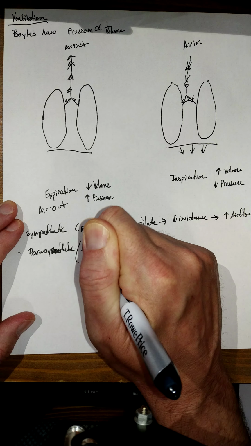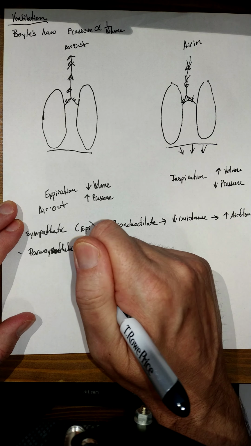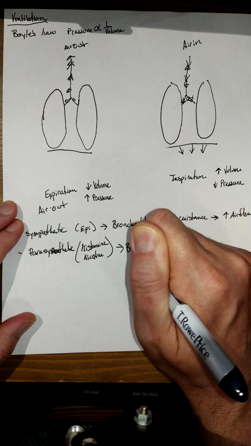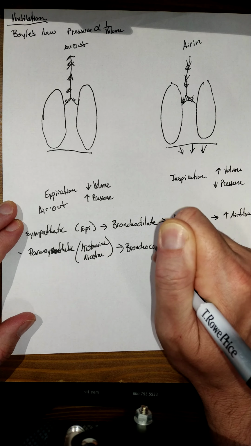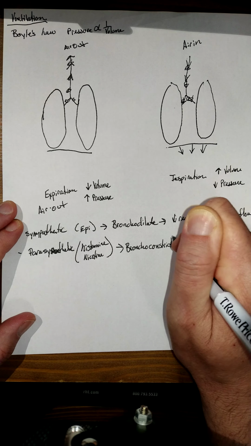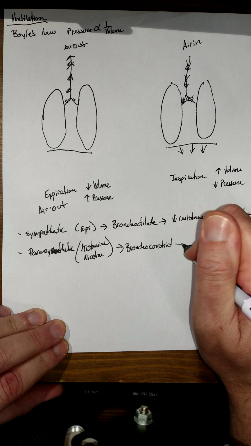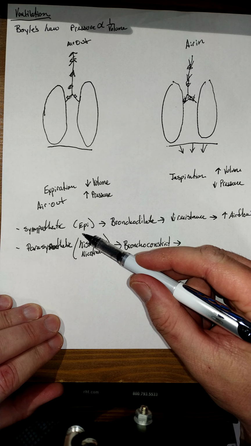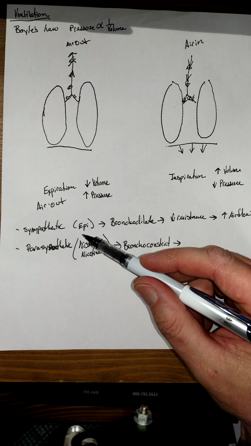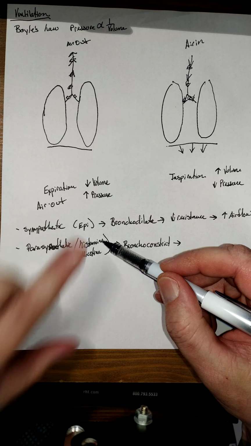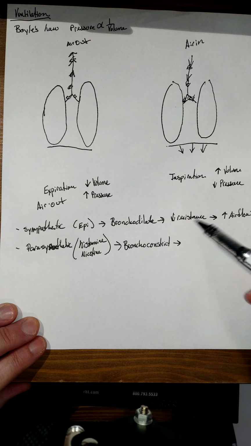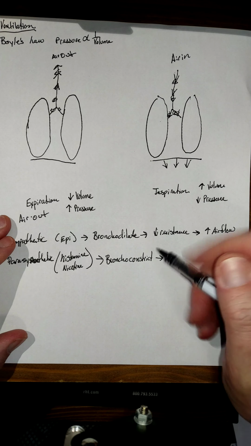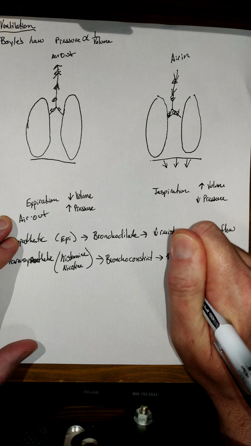Histamine as well as nicotine are going to bronchoconstrict. Bronchoconstriction is going to feel like you have asthma and make it hard to breathe. So it's no secret that when someone's having an allergic reaction to something and they give them an EpiPen, the EpiPen is going to bronchodilate, decrease the resistance, and allow more airflow into the lungs. In this case, bronchoconstrict, we're going to increase the resistance. We're going to make it harder